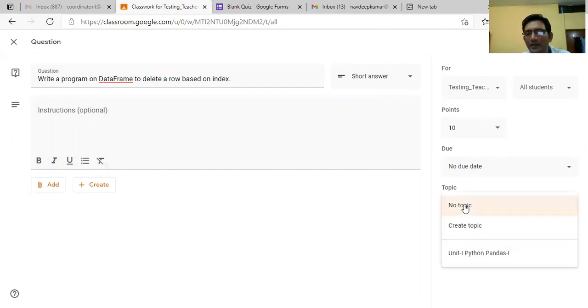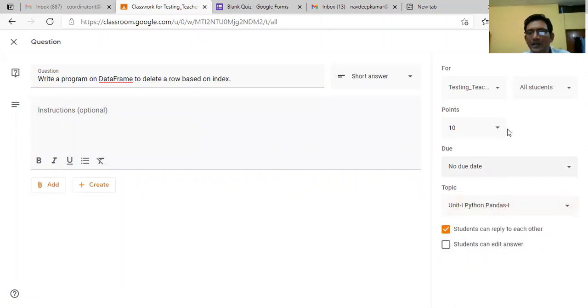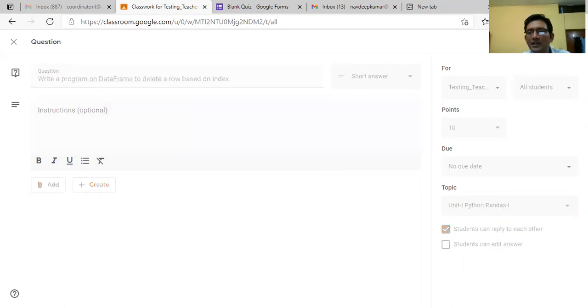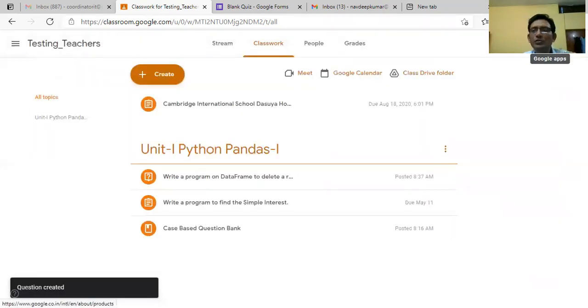If it is related to a topic, let us say I find that this is related to the topic that I have created earlier, say Unit 1. Clear? And I ask a question to the students, and definitely this question will go to the student side. Let us say we want to check how it has reached the students.